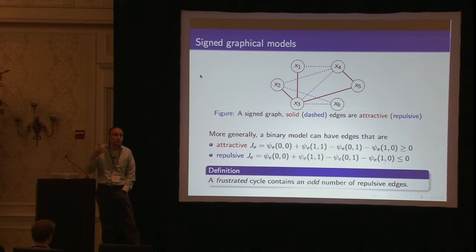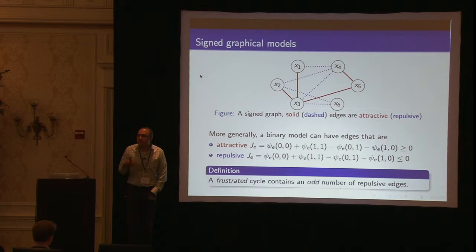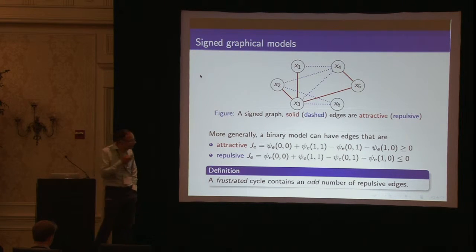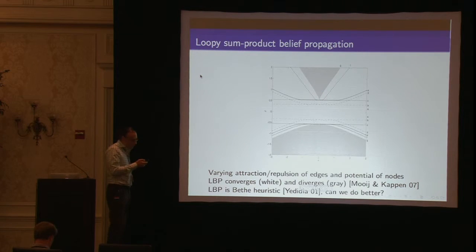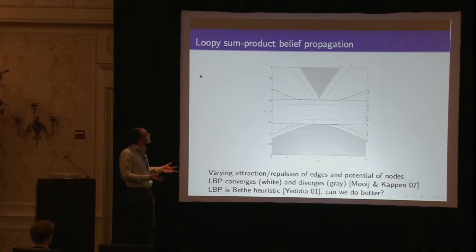So frustrated cycles prevent these types of message passing algorithms from converging. This is an intuitive explanation. It's not a formal theorem. That's where you get these frustrated effects. And these typically cause issues with convergence. And so Mooij and Kappen in 2007 studied the convergence of sum-product in both fully attractive settings and in the signed settings. And what they noticed is as you go from repulsive to attractive, the algorithm seems to converge